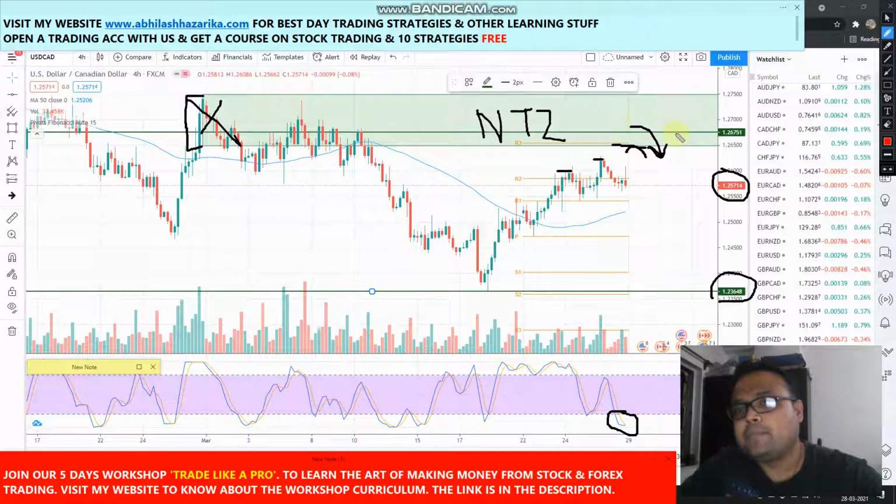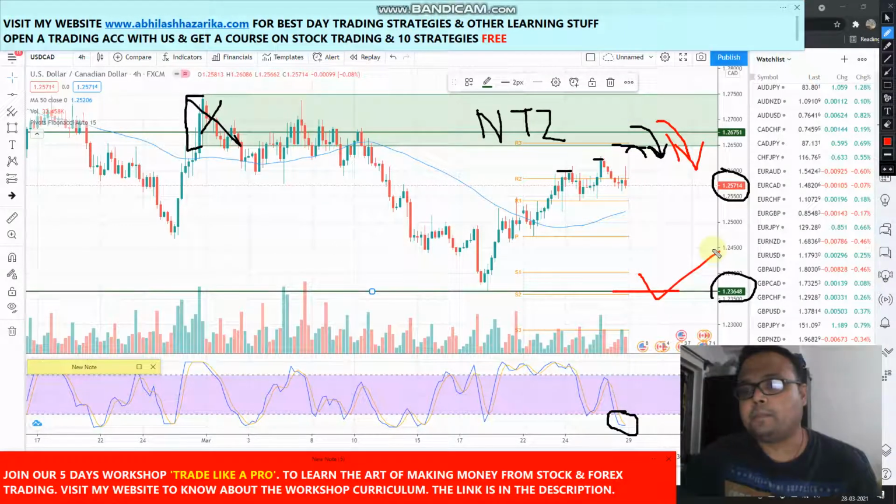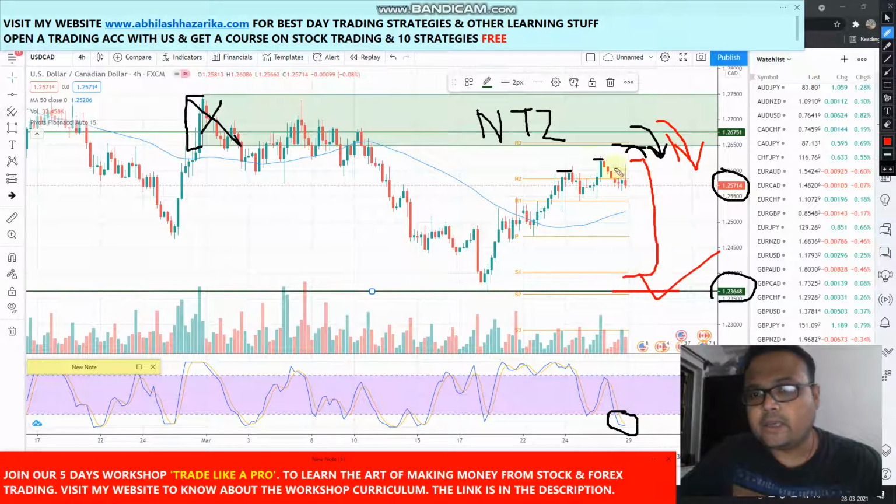In case the market goes up and reverses from here, then you can short the market. Otherwise, I will not tell you to buy here, sell here. Okay, and yes, you can go for a buy order in this support zone, but this support is far away from the last traded price. Therefore, wait for the market to either go up and reverse from there or come to this level so that you can buy. As of now, as long as the market is trading in between this range, you should avoid the market,